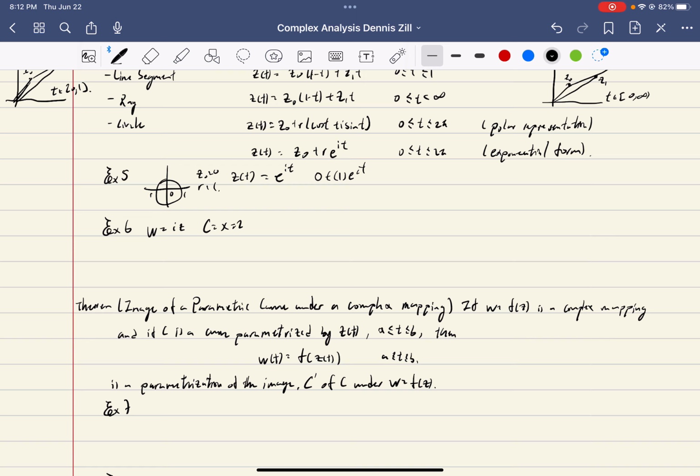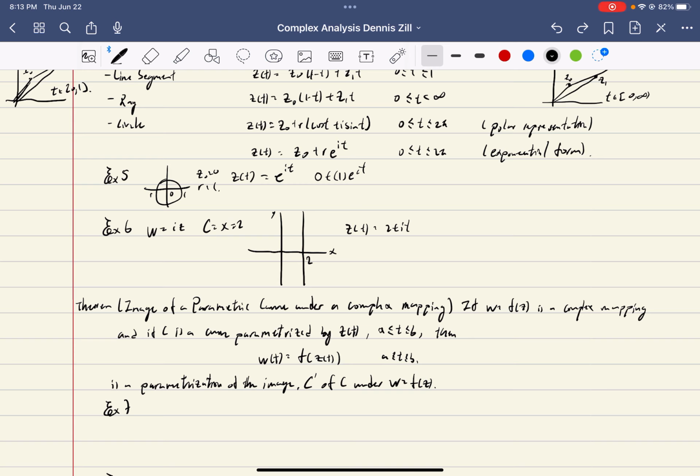If you would recall, you have, like this, given by z of t equal to 2 plus it. Well, how do we model this? We know 2 is over here, 2 plus it, and we know i is just on